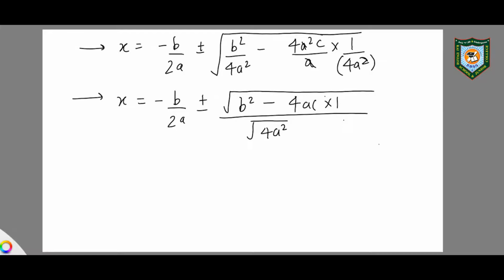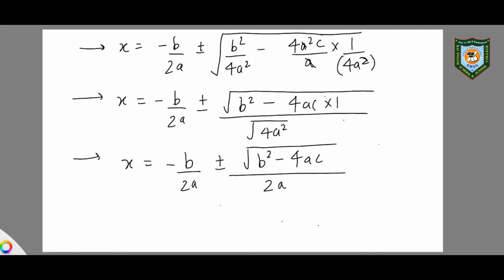Now, once 4a square is common, I can write this as x is equals to minus b by 2a plus minus under root b square minus 4ac divided by 2a again. Under root 4a square is 2a. So this implies x, as we can see, 2a is common. So I can use 2a as a common denominator for the complete value on the right hand side. So I have minus b plus minus under root b square minus 4ac